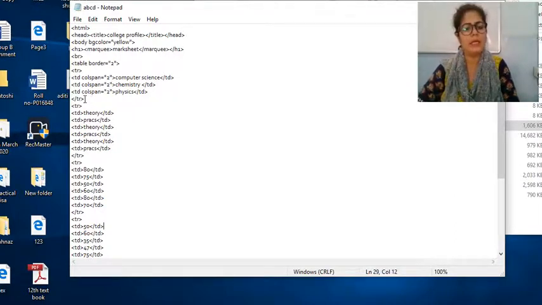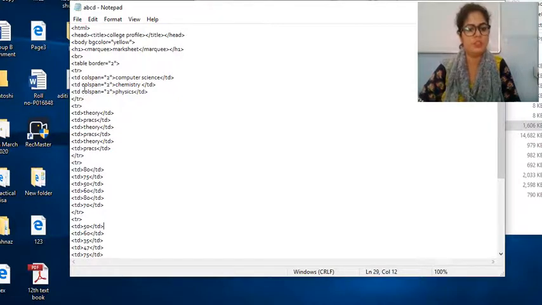In the third cell, again td. td means the next cell, colspan equals 2. The third cell is again using spanning of columns. How many columns? 2 columns, because the value is 2, and the data you want to write is physics, and then td close, tr close.